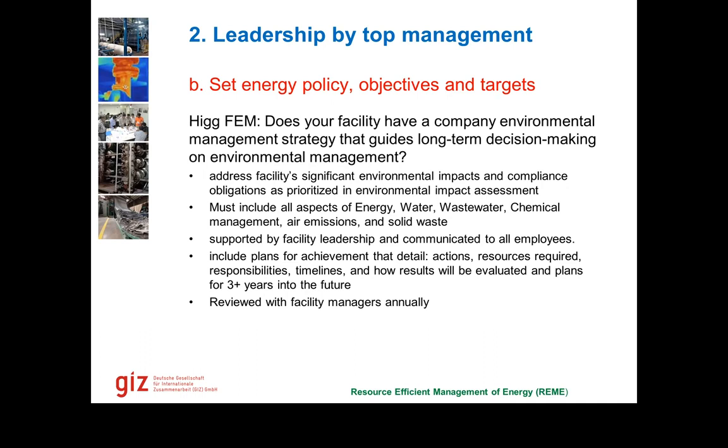And it asks for all the aspects: energy, water, wastewater, chemical management, air emissions, solid waste. And it asks the factories to address their significant impacts, identify the biggest impacts we have, what our compliance objectives are, and then